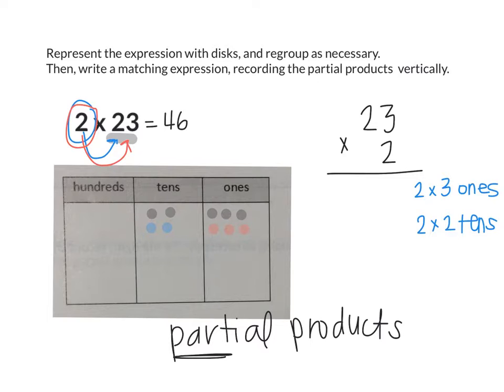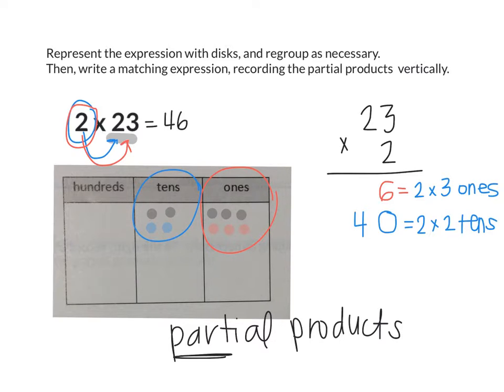Okay? So when we did this, we had to do 23 times 2 ones. Right? What was 23 times 2 ones? 6. Okay, good. 6 was equal to 2 times 3 ones. Then we also had to do 2 copies of 2 tens. What was 2 copies of 2 tens? 4 tens, or how do I write that in standard form? 40. Okay, so using the partial products way, we got, how many partial products did we get? 2. We had 2 copies of 3 ones, which was this, 2 copies of 3 ones. And then we had to do 2 copies